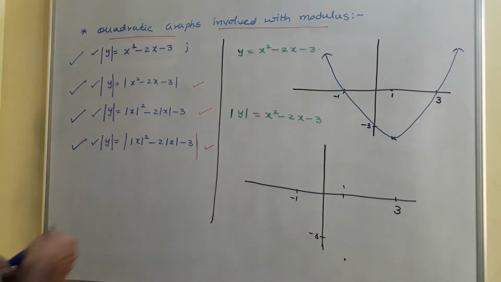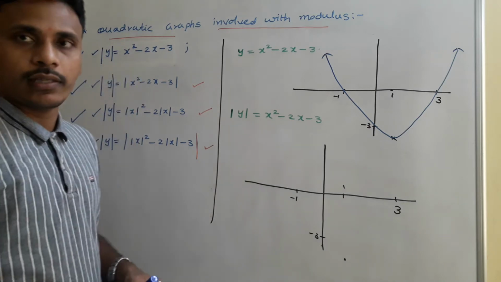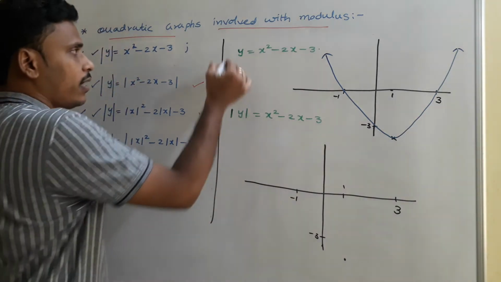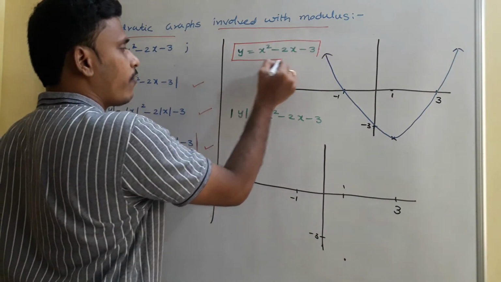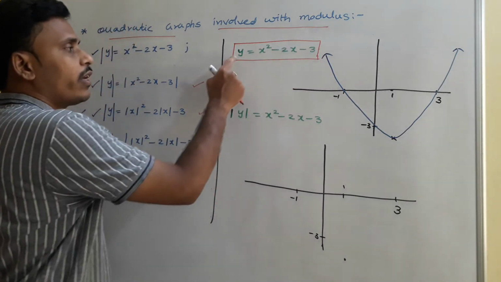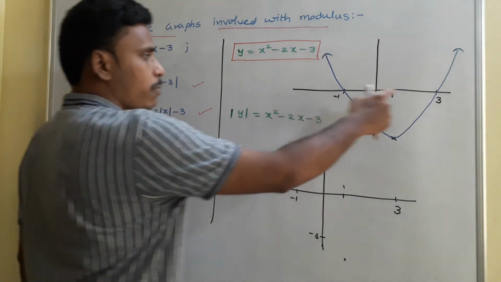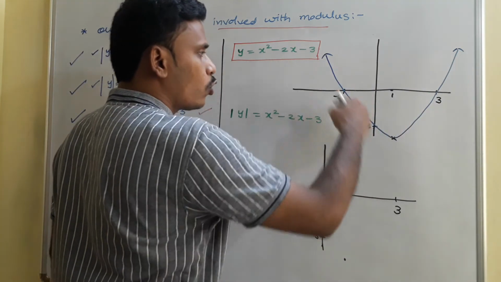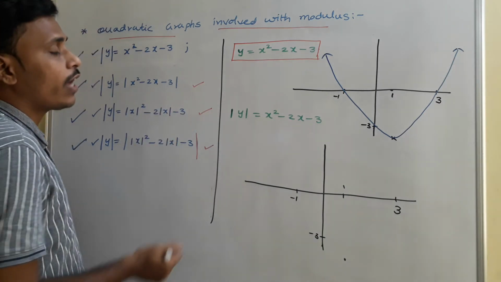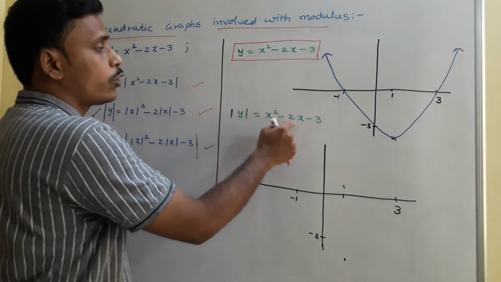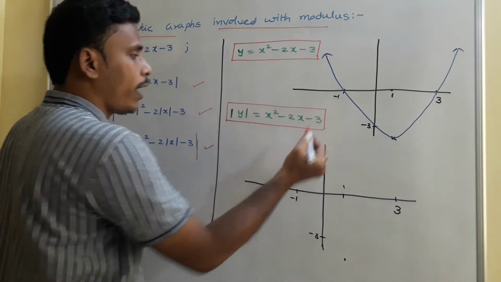So first of all, the first one, mod y is equal to x square minus 2x minus 3. So you just recall yesterday's graph. Y is equal to x square minus 2x minus 3's graph from the previous class. See, the graph is like this, an upward parabola whose roots are minus 1 and 3 and has its vertex at 1, so it looks like this. Okay, you just get it from the previous class. And now we are going to sketch the graph of mod y is equal to x square minus 2x minus 3. Just observe it, I inserted modulus for the y.